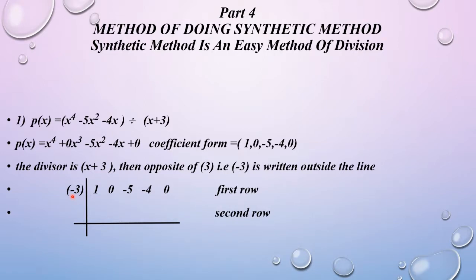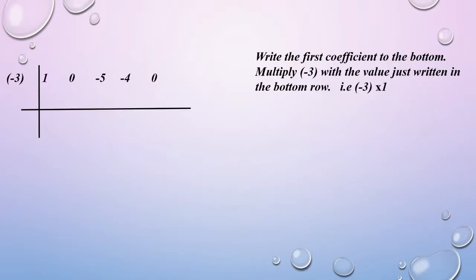Now in the second row we will be writing the answers, and in the third row we will be writing the multiples. Now after writing the coefficients of the dividend in the first row and negative of 3 as of the divisor,